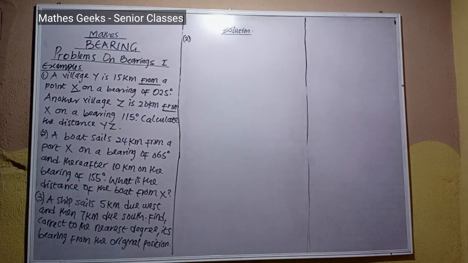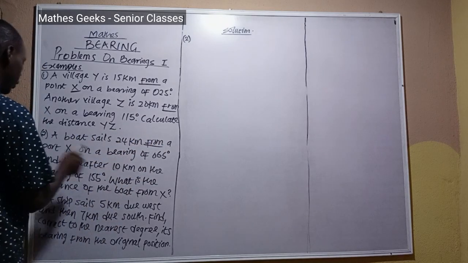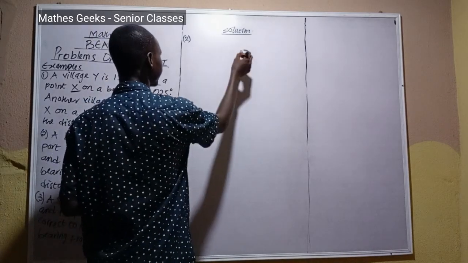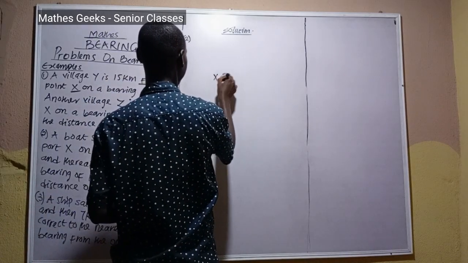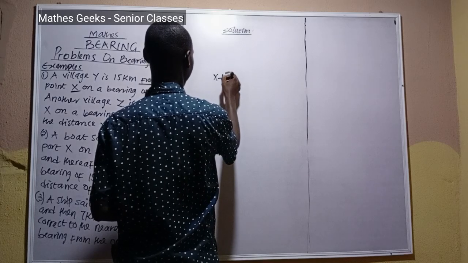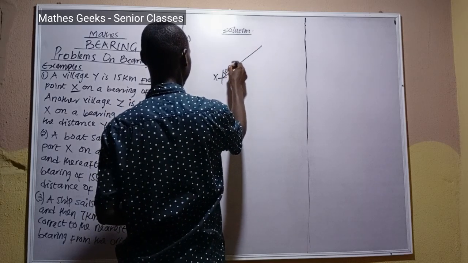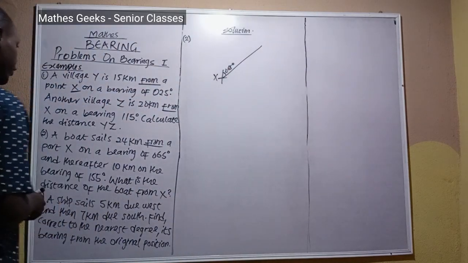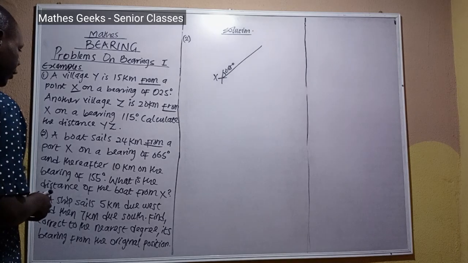A boat sails 24 kilometers from a port X on a bearing of 065 degrees. So from X, 065 degrees. Let's make a sketch. This is X, and this is your compass, 065 degrees. So a boat sails 24 kilometers from a port X on a bearing of 065 degrees, and thereafter,